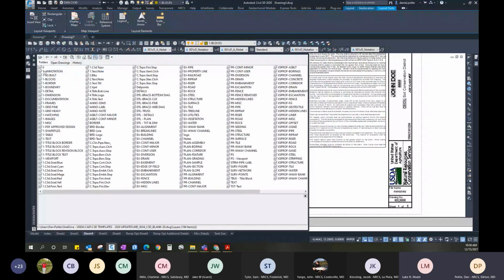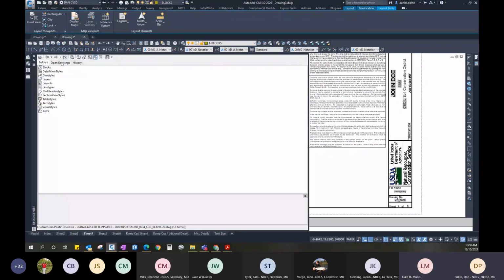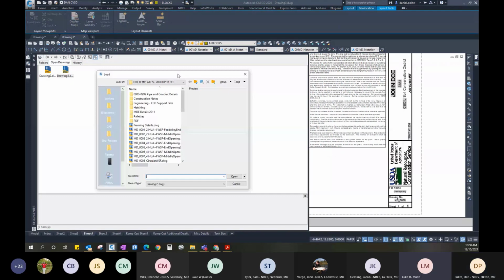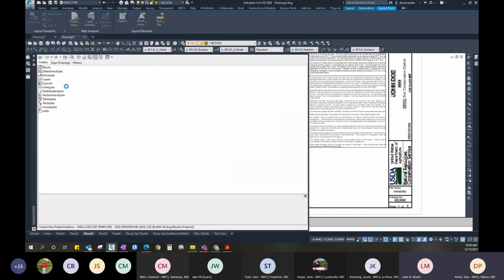It gives you all your different layers of that specific, any drawing that you have open. So I'm just going to open up a circular one, for example. And if I go into blocks,